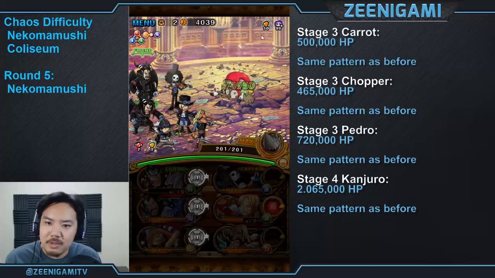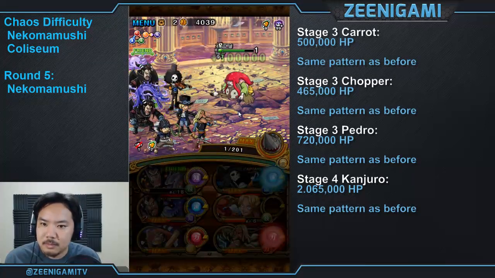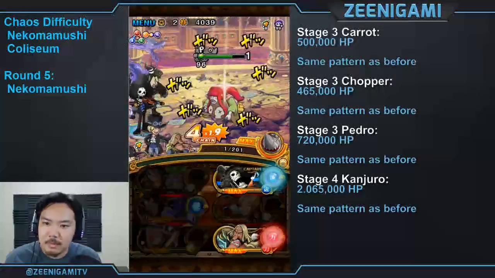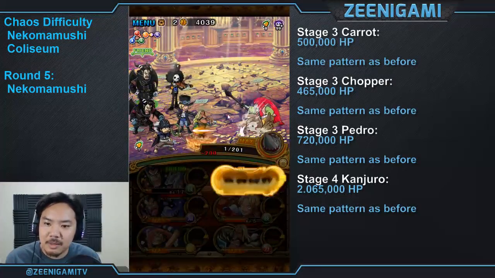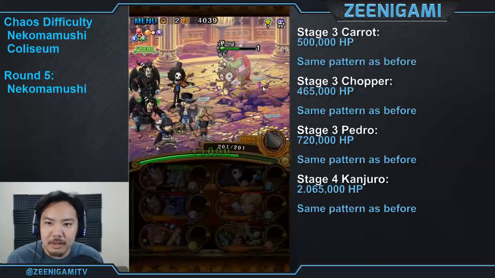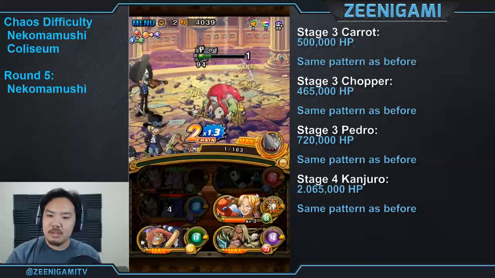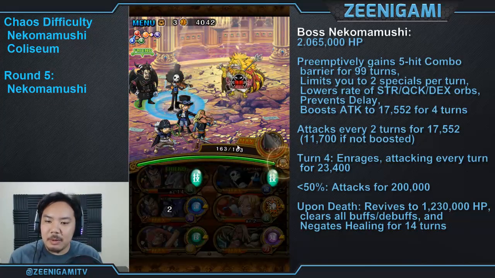Versus Kanjuro. Kanjuro on turn 6 blows away a captain character, and that will kill this team. So what we want to do is use 6-star Magellan's special ability as soon as we get there, and 6-star Magellan's special ability alone will kill Kanjuro before turn 6. So here on turn 4, he'll blow away a character for 4 turns, and that's still okay because you'll notice